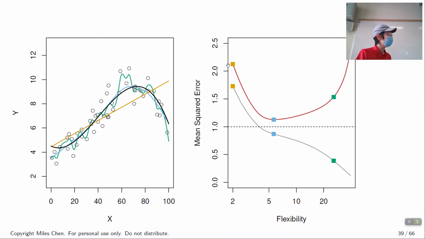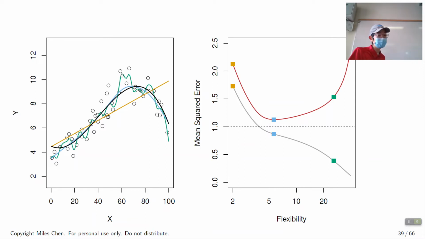The red line, though, is for the test data. The test data is like a new data set that was generated around the black line. When we generate the test data around the black line and try fitting it to the yellow straight line, we get a lot of error. It doesn't do a very good job. When we compare it to the blue line, it drops down and we get quite a bit less error. But then when we compare it to the green line, this green line overfit the data. And so it says, when you get an observation with x equal to 60, we're going to predict, I don't know, 10 point something.